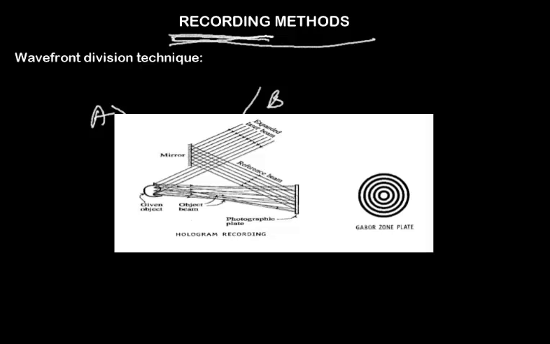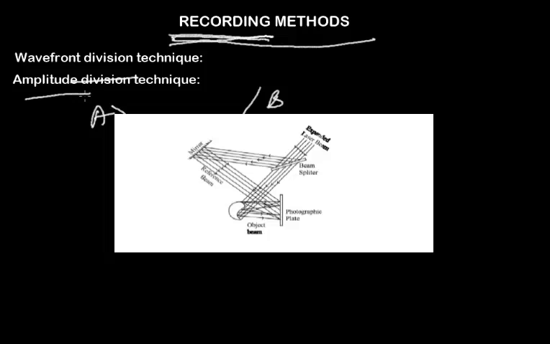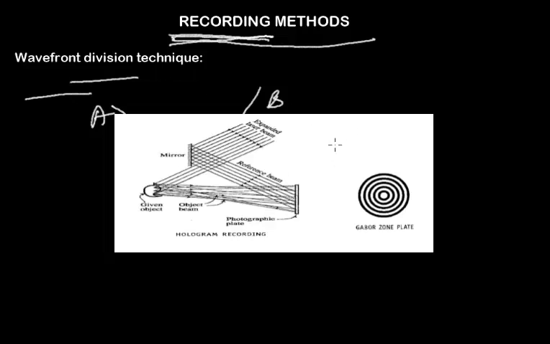And there are two methods of recording. First is the wavefront division technique and second is the amplitude division technique. So we'll talk about the wavefront division technique first. Now we'll have a look at the diagram. In this diagram, we can see